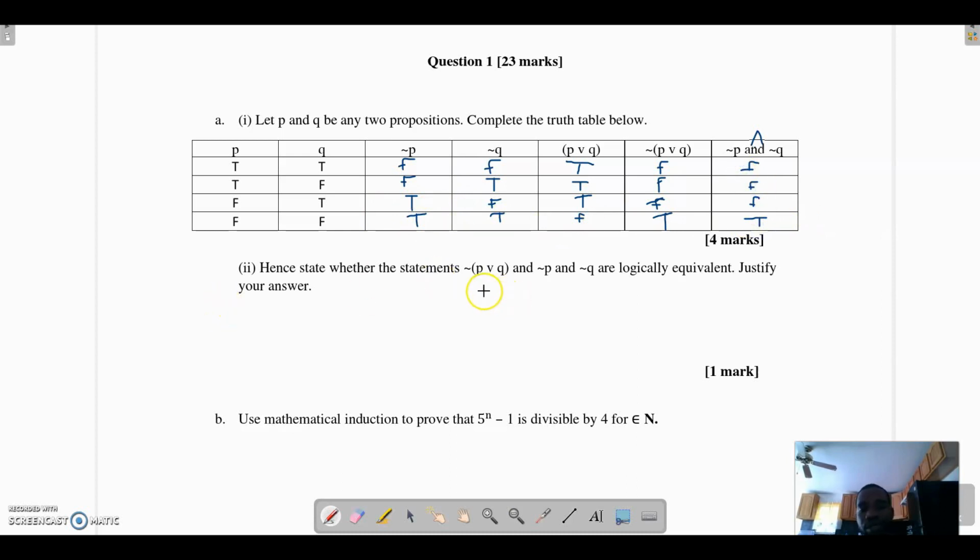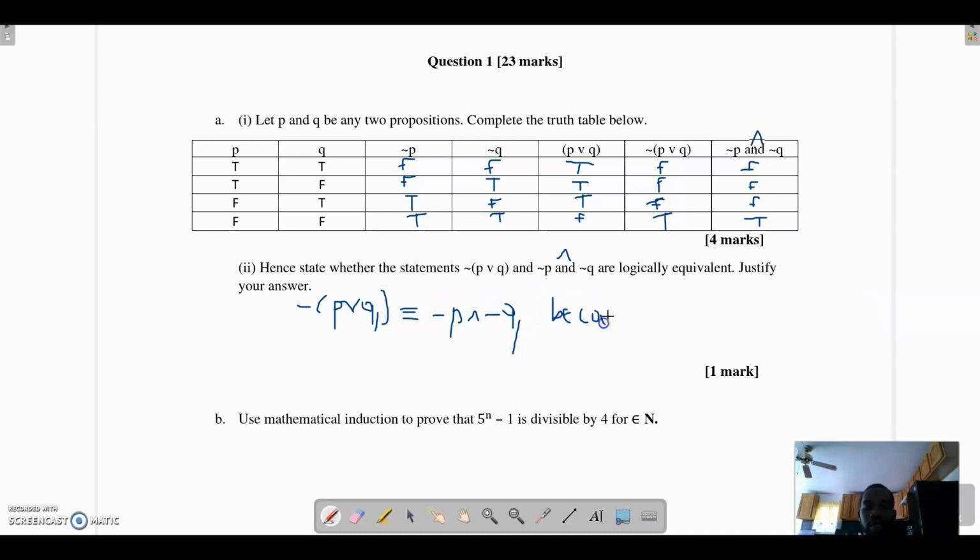Now state whether the statements, negation of P or Q, and not P and not Q, and of course, again, symbolic representation is this, are logically equivalent. Now we look at these two columns, which are columns 6 and 7. Now, you can see that the outputs are the same. We have false, false, false, true, false, false, false, true. So we can say that the negation of P or Q is logically equivalent to not P and not Q